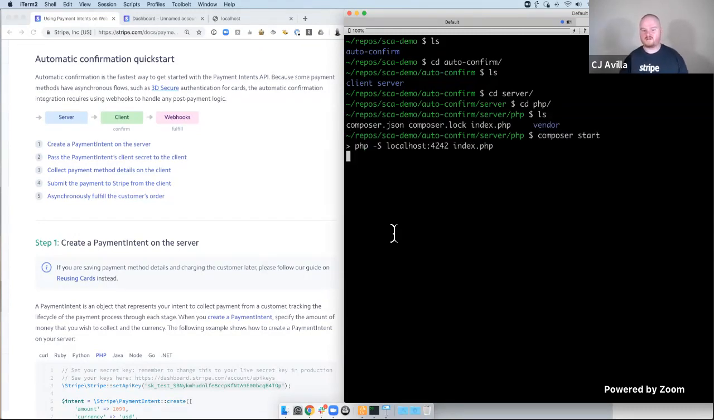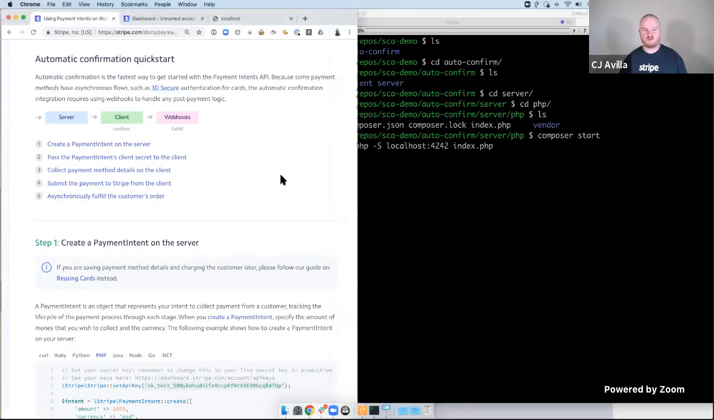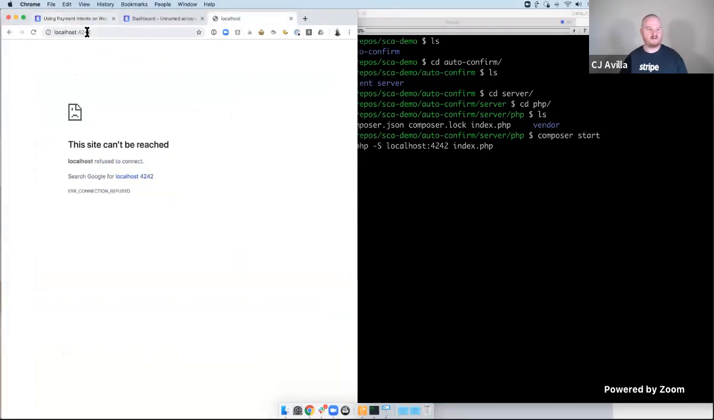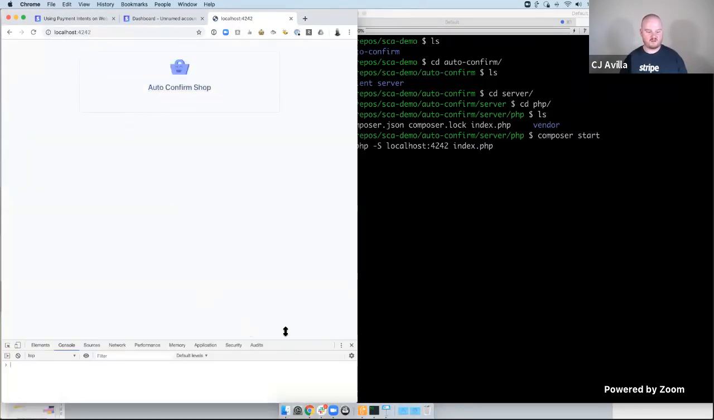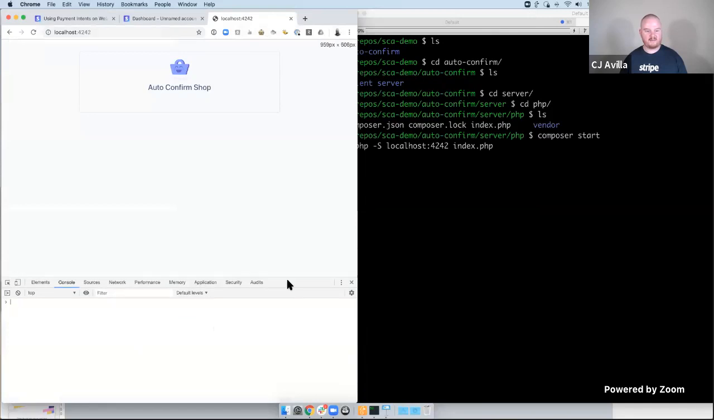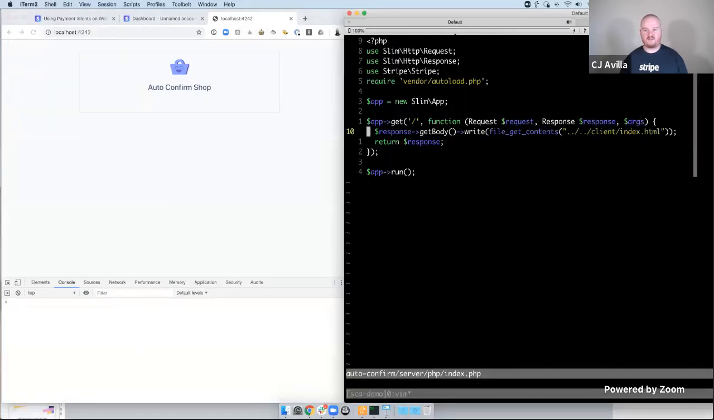Okay. All right, so now we have a server running that should be serving up this page at localhost 4242. If I refresh the page, we get a decent looking, simple client HTML page here. All right, I think we're at a place where we can now go ahead and start implementing some of these